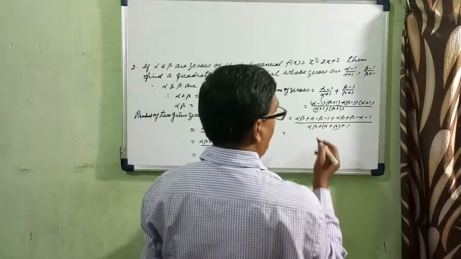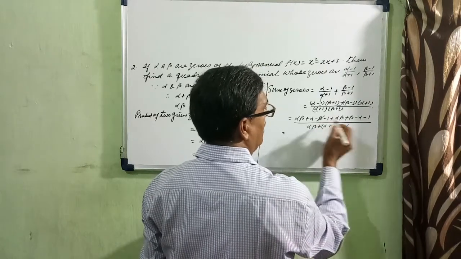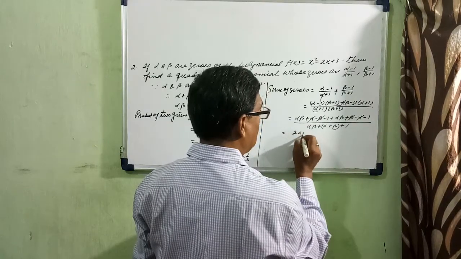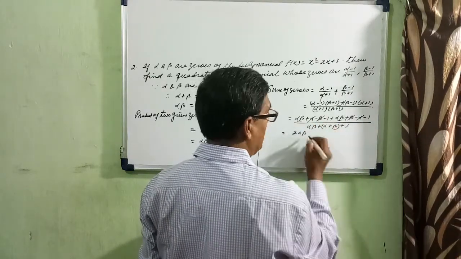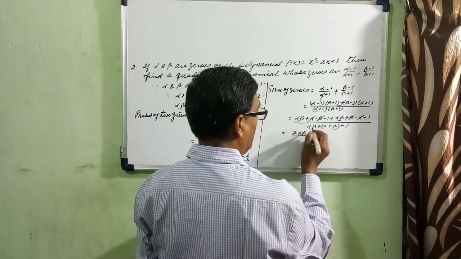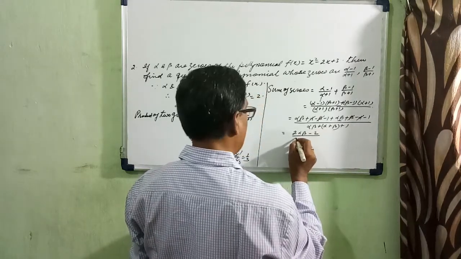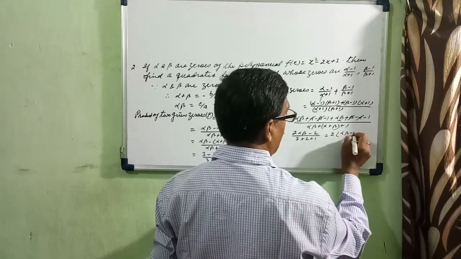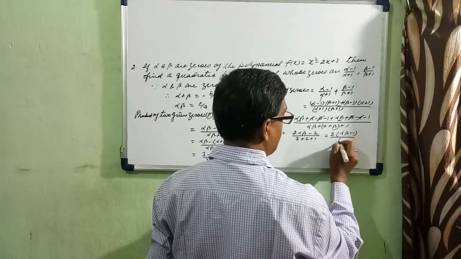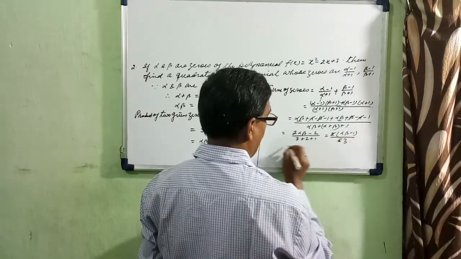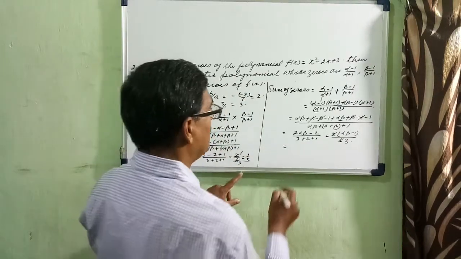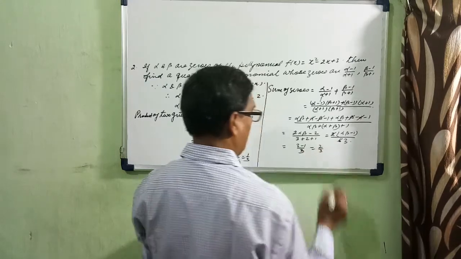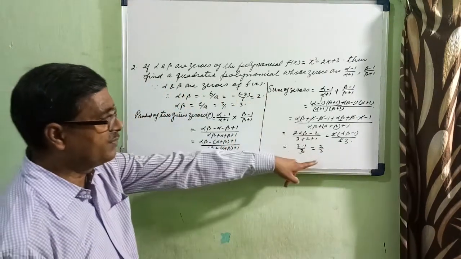See, beta cancel, alpha cancel. So 2 alpha beta minus 2 divided by alpha beta, how much is given? 3 plus 2 plus 1. Here 2 you take common. Alpha beta minus 1 by 3 plus 2 plus 1, 6. 2 1 ja, 2 3 ja, and alpha beta is equal to how much? 3. So 3 minus 1 by 2, 3, and that is 2 by 3. So this is the sum of the zeros.